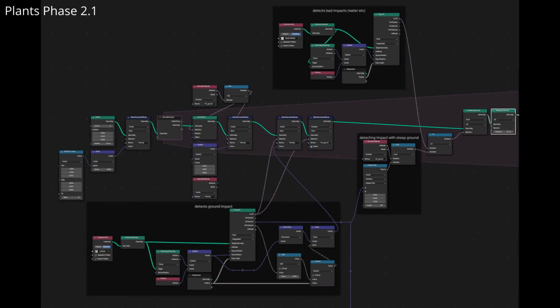This obviously also meant some changes to the node tree for the blobs as they currently were. This meant 2 things. It meant detecting impacts of water, and it meant detecting impacts with any steep grounds. I didn't want anything growing on the cliff faces as such. So, as you can see at the top, I've just got a very simple raycast down to water,